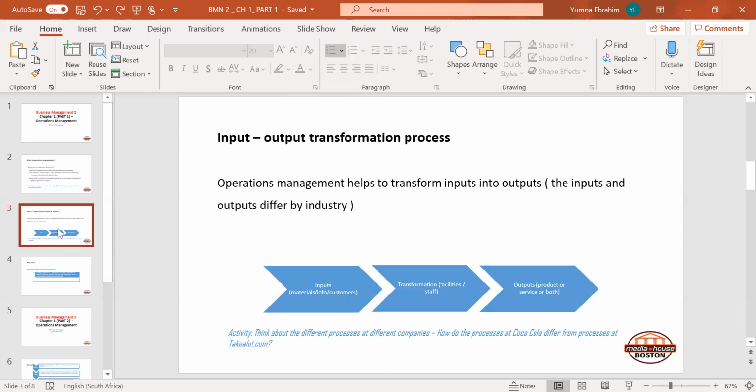Okay, then we move on to a very important model or theory in operations management, and we call that the input-output transformation process. So what operations management does is it basically transforms some form of an input into an output. Okay, so we'll talk about Simba chips as a basic example first. So some of the inputs that Simba uses are potatoes, seasonings, machinery, and then they take that potato and they fry it, or they first of all they cut the